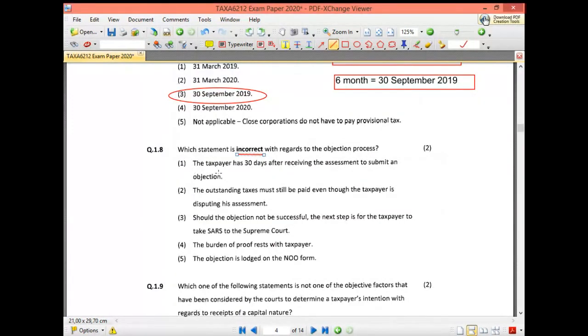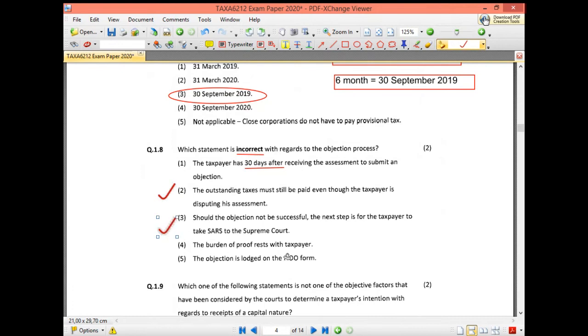So the first one, they tell you the taxpayer has 30 days after receiving the assessment to submit an objection. Now, in terms of the thing, you have to submit it within 30 days, not after 30 days. So that's why this one is actually incorrect. Let's quickly read the other ones just to show you what they say. The outstanding taxes must still be paid even though the taxpayer is disputing the assessment. That is actually correct. Should the objection not be successful, the next step is for the taxpayer to take SARS to the Supreme Court. Now that depends on the value, but that is also correct,